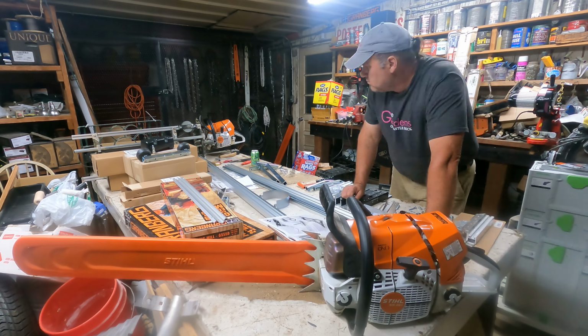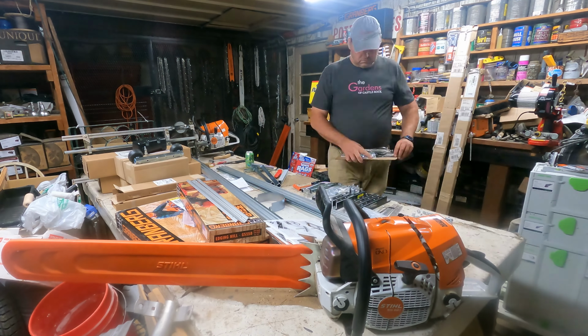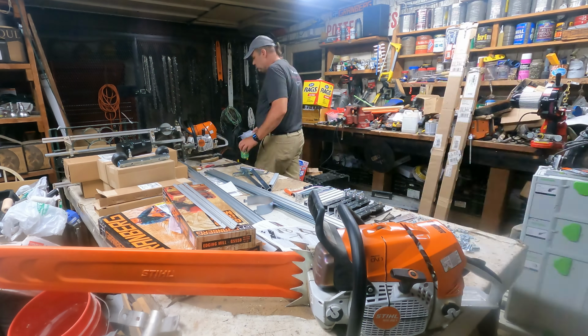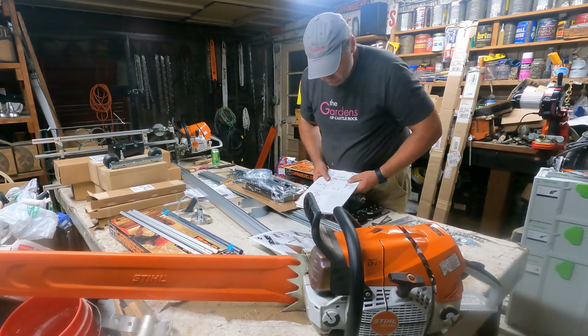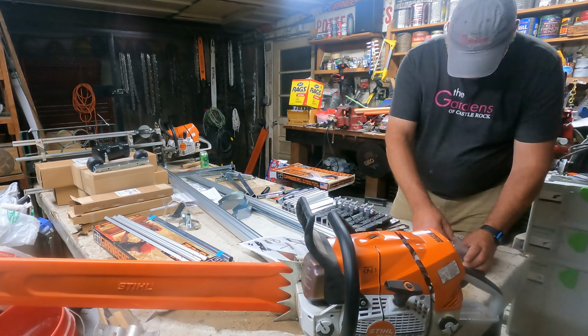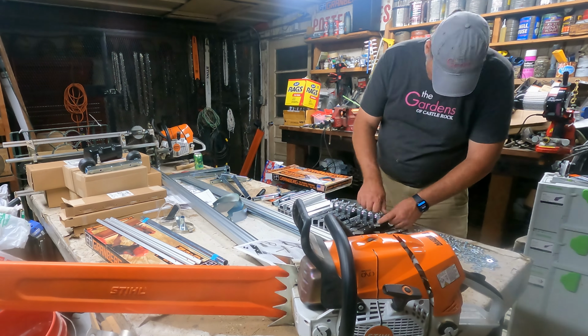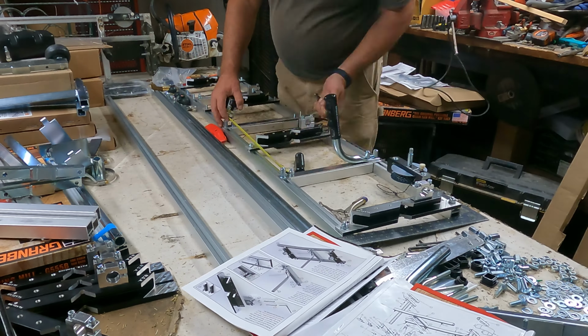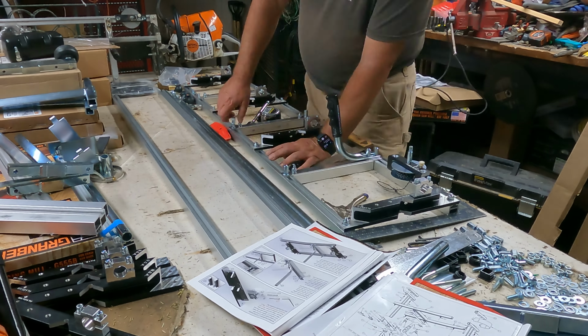Well, there is nothing quite like the splash of a little bit of water, the water pop of the grain on a freshly cut piece of wood, opening up a log for the first time. Once you do it, you will become addicted, and it will be the thrill of the hunt, cracking open a piece of wood. And then the next thing you know, you're going to be getting bigger chainsaws and